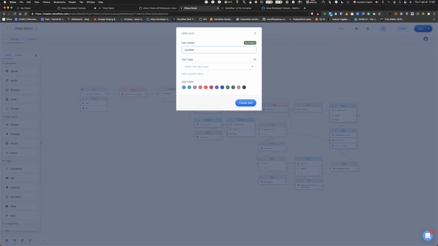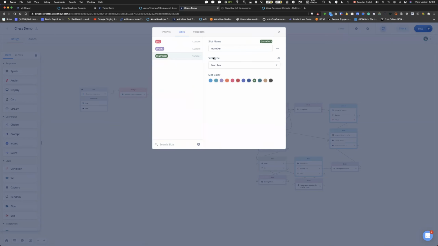Number, and I want to use the number slot because this one is also available on Google. So you have date, time, date and time, number, maybe another. But what I want to show you is we are going to export that project. That's an Alexa project, and we will convert that as a Google action